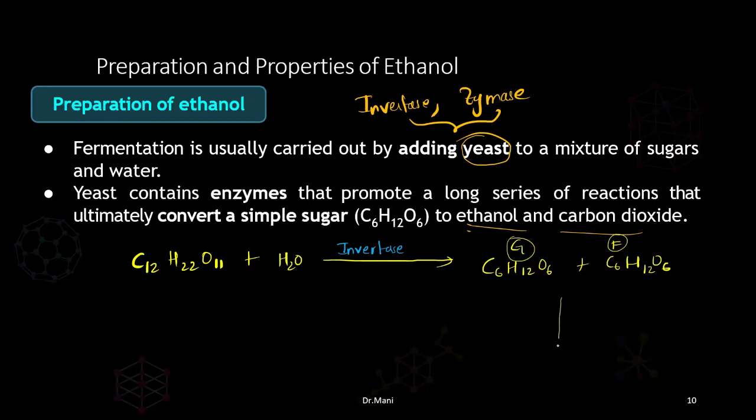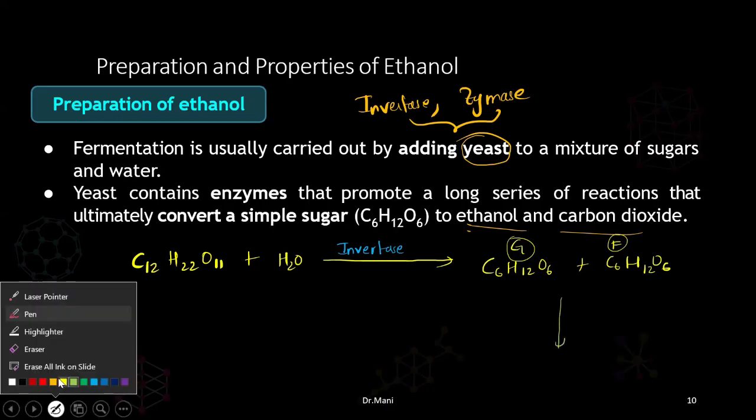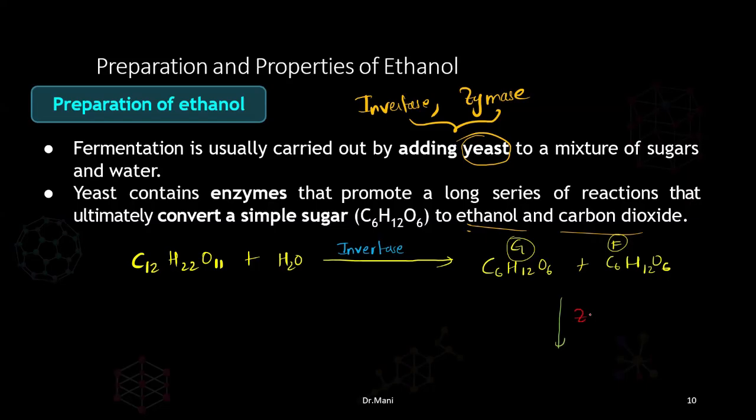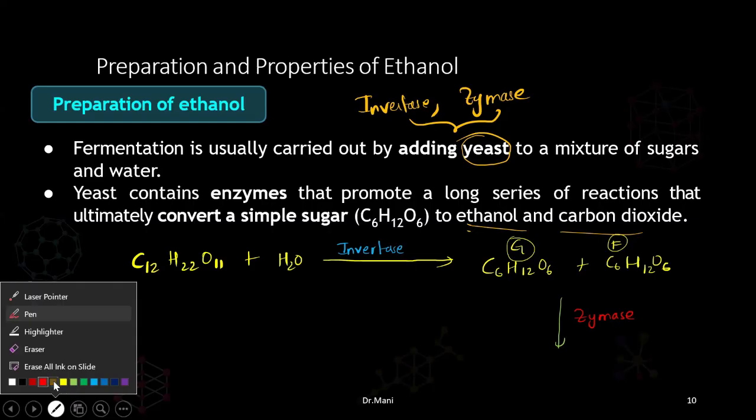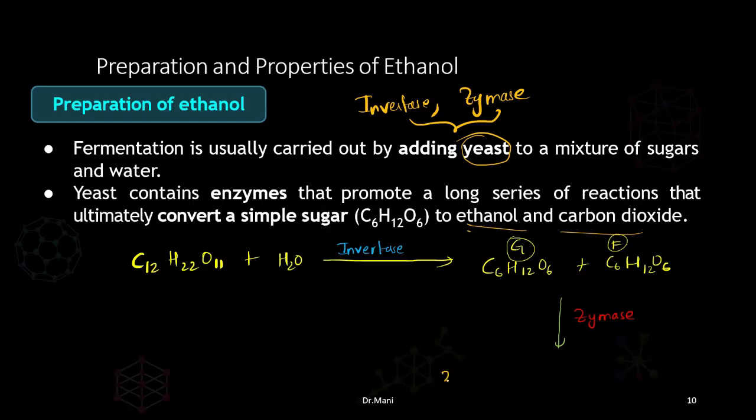in the presence of another enzyme called zymase will be converted into ethanol and carbon dioxide. So just remember, whatever complex molecules are there will break down into simple sugars in the presence of the enzyme called invertase. And these simple sugars, either glucose or fructose, will further convert into ethanol and carbon dioxide in the presence of